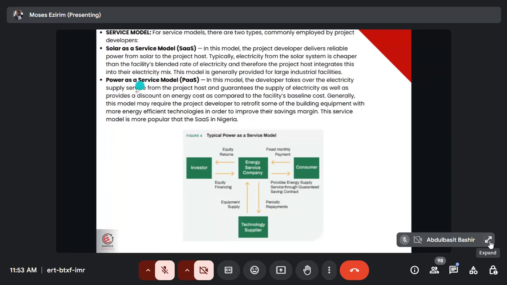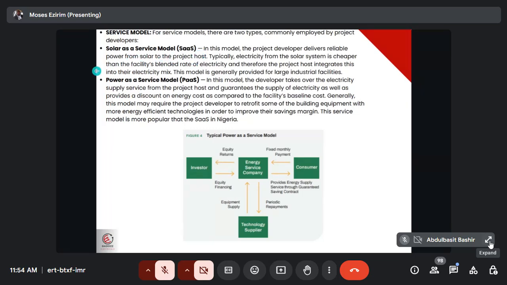Now, in this model, the project developer, which can be a bank, that is a financial institute, delivers reliable power from solar to the project host. Like I mentioned, the project host is the business owner. Now, typically, electricity from the solar system is cheaper than the facility blended rate of electricity. Let me just explain this to you. So now, what this simply means is that